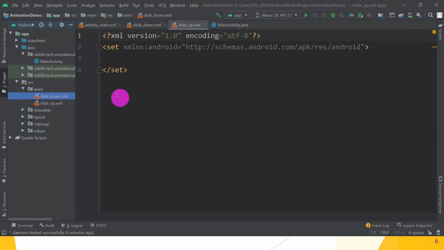Now write the code inside this slide_down.xml file.